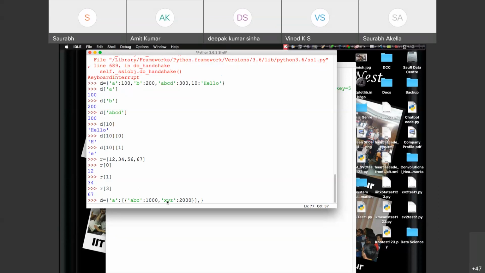I could have another key X, which will be, suppose, hello Saurabh.